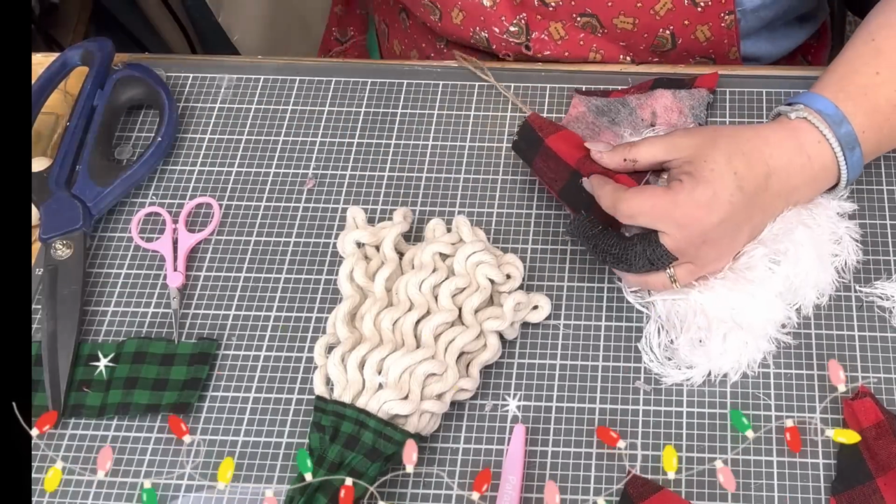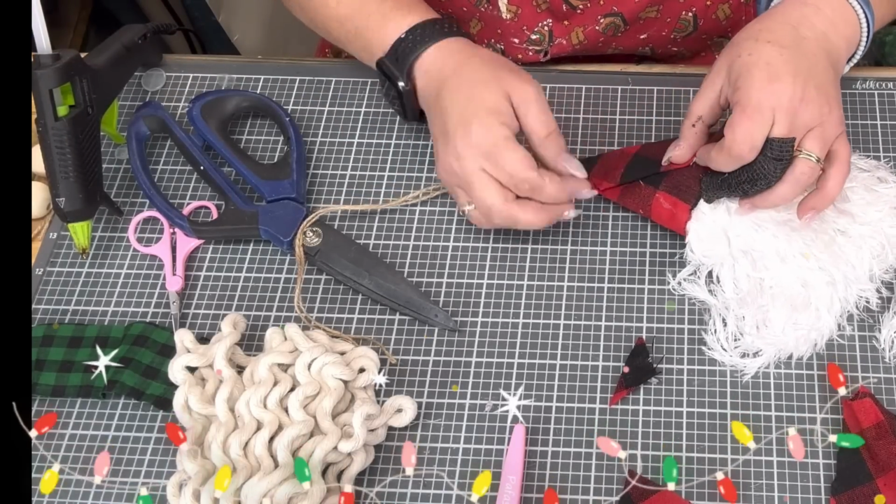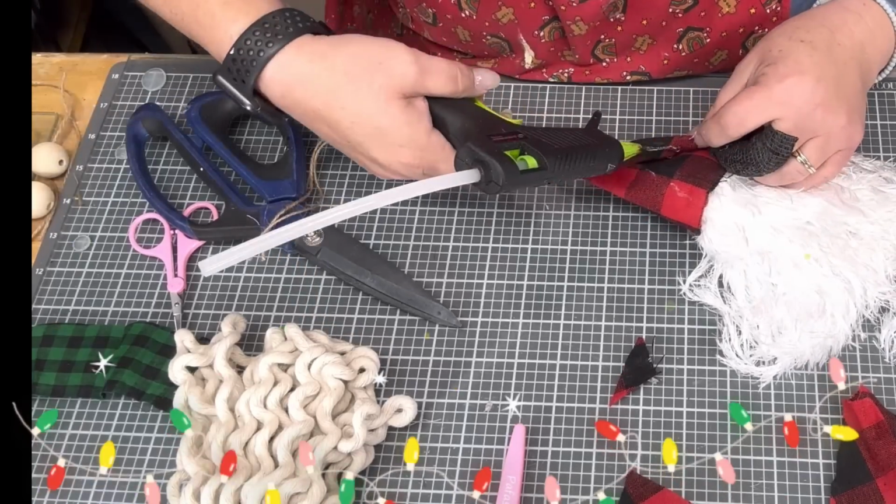And then there's where I cut that down. Just showing y'all that I reattached it, made a seam. Same rigmarole that I did before. So anyway,